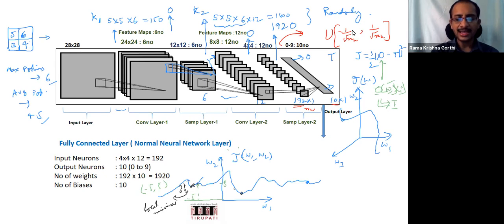So you will actually have NH connections. To make that W transpose X plus B be in the range -1 to 1, for ease of subsequent processing, we want to initialize with -1 by root NH to 1 by root NH, some kind of normalization. That normalization is based on the number of input neurons, in a feed-forward neural network.